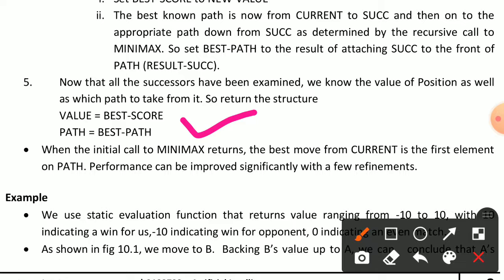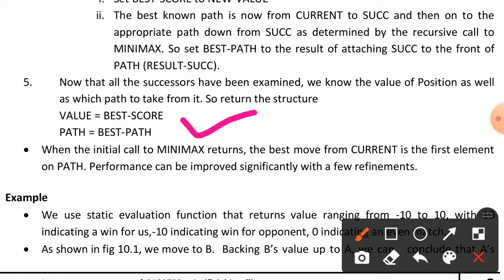When the initial call to minimax returns, the best move from current is the first element on path. Performance can be improved significantly with a few refinements. Here we can start with the initial call to minimax and we can return that.